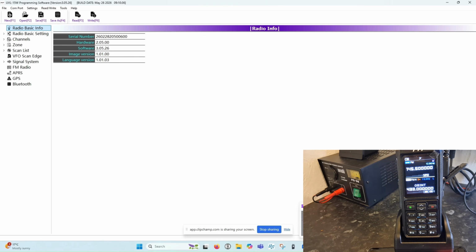TYT have released a new firmware update for the UVL-15W. Hopefully this is going to sort out some of the bugs on this particular transceiver. I'm more looking at the APRS and it freezing on the screen. I've already done the firmware update, and as you can see from the screen, we've now got a black theme